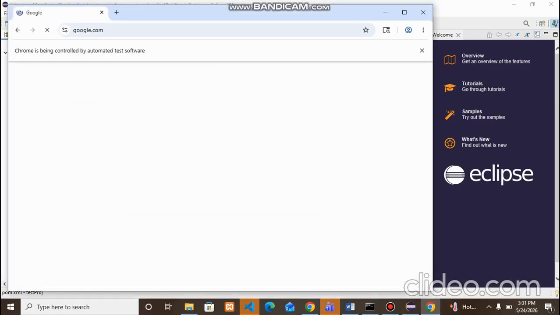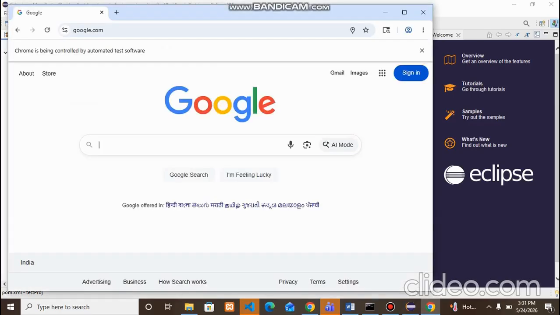As you see, the test started and google.com has been opened. This is how we can create the Maven project and execute Selenium with Java,